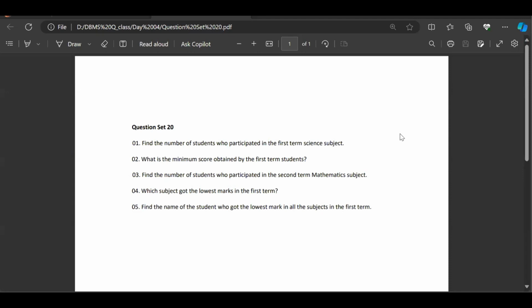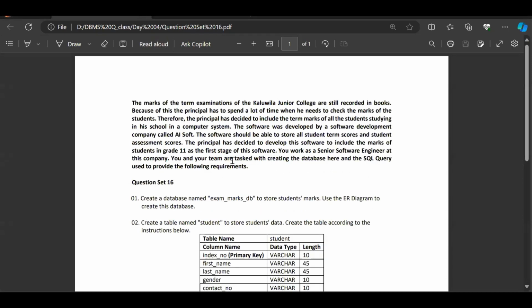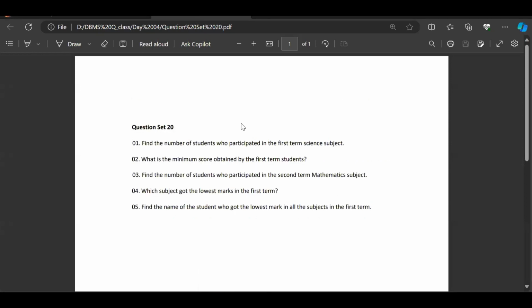Welcome back with the question series of Database Management System 1, and today I'm here with question set number 20. In this question set also we're going to discuss the same question scenario that we had in question set number 16. In question set number 20 we have to find the number of students who participated in the first term science subject as the first question, and as a second question they're asking what is